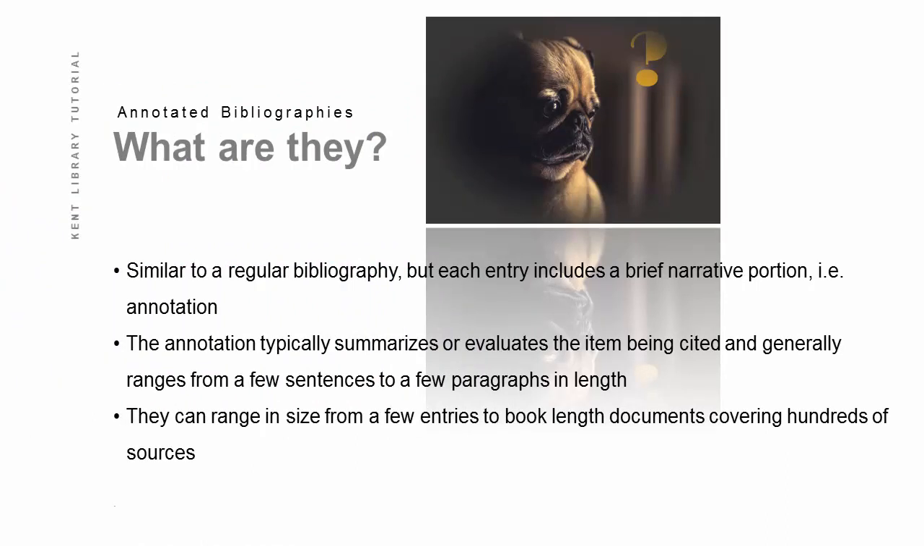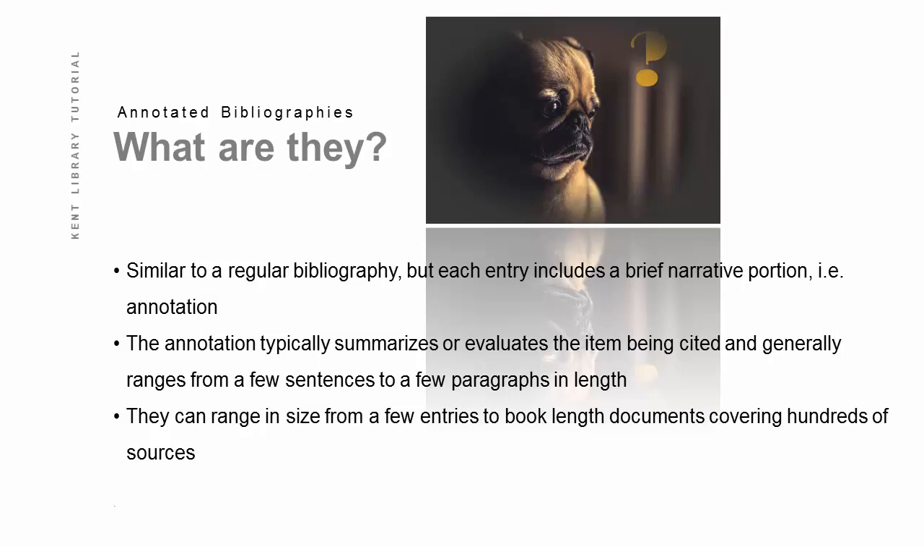First of all, definitions. What is an annotated bibliography? It's similar to a regular bibliography or a works cited list you might do for a paper, but each entry includes a brief narrative portion, which is to say, the annotation. The annotation typically summarizes or evaluates the item being cited and ranges from a few sentences to a few paragraphs